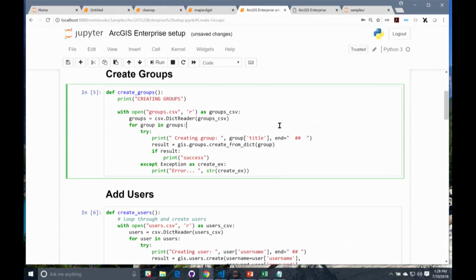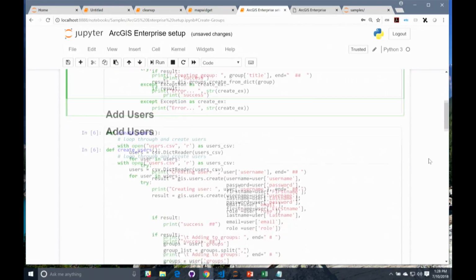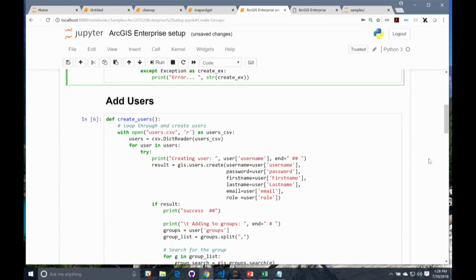And then I'm going to do a for loop through these groups to create it, do some output for print, show you the results. If it's a problem, I'm going to throw an exception error right there. Okay, so that would create the groups for us. As opposed to me manually adding the users, I can automate this by looping through the users using this create